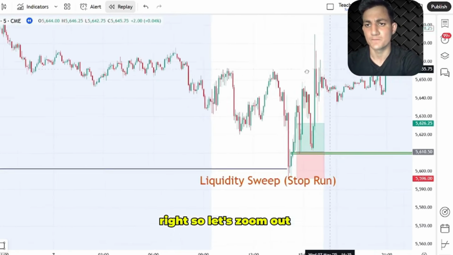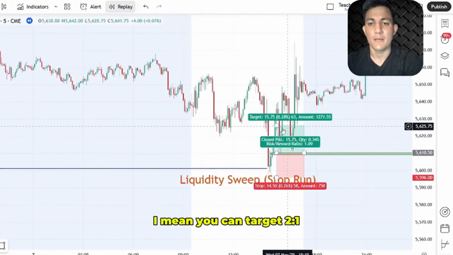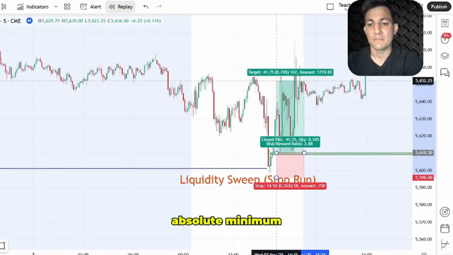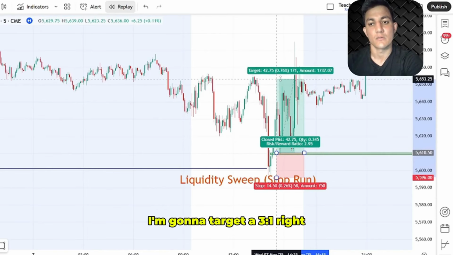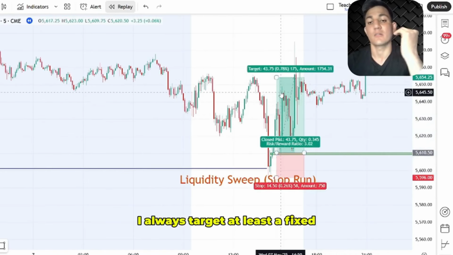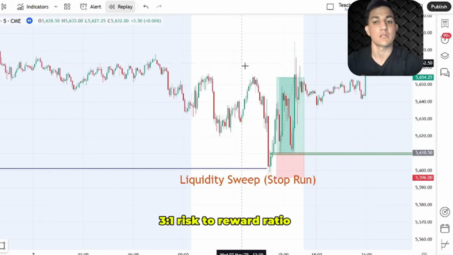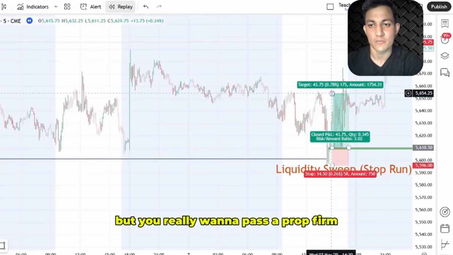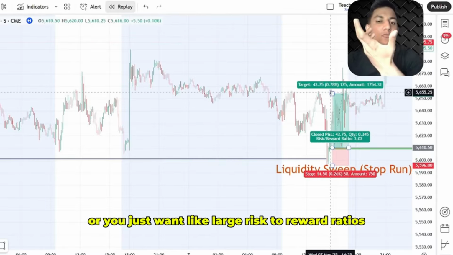So let's zoom out. For our take profit, you can target 2-to-1 if you really want to, but for me, the absolute minimum, I'm going to target 3-to-1. For those who don't know, I always target at least a fixed 3 risk to reward ratio. Now, I know some of you probably shouldn't do this, but if you really want to pass a prop firm, or you want large risk to reward ratios,